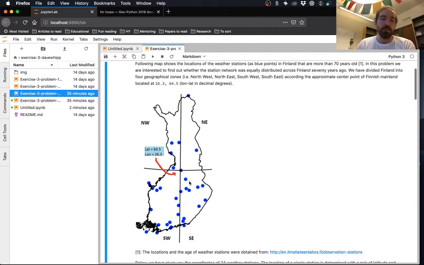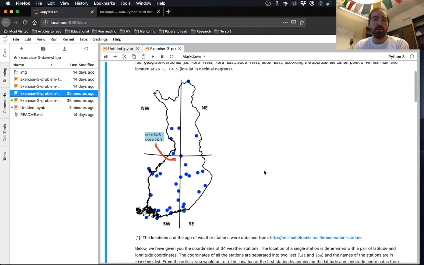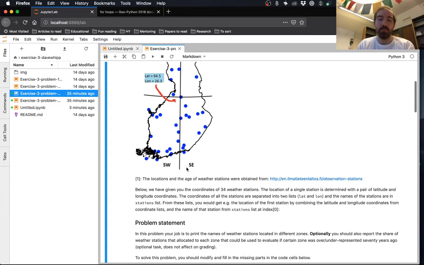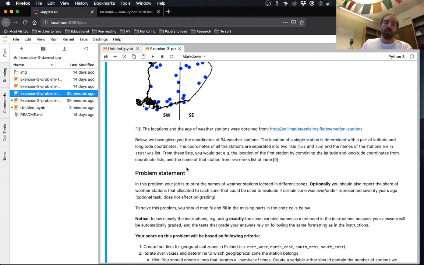That, of course, causes a bit of trouble, as we'll likely encounter as we go through the exercise. But the point here is that we just want to take all of these cities and say, well, we know the latitude and longitude, but is it in the southwest part of Finland or southeast? And of course, these geographical regions are strictly on the basis of latitude and longitude, not corresponding to what people actually call southwest or southeast in the country.